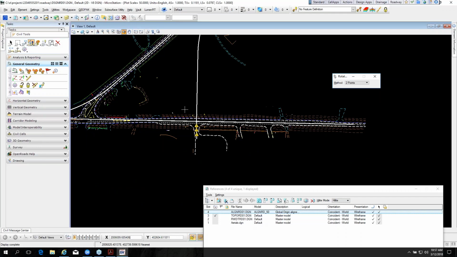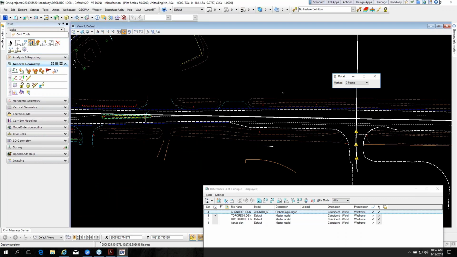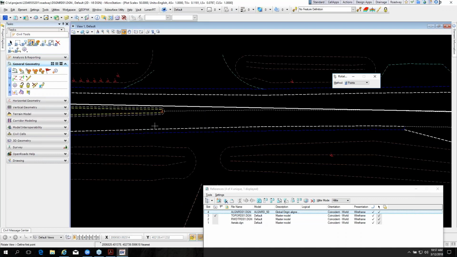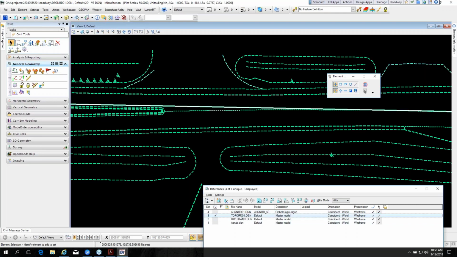So in this one, what we want to do is merge in these edge of pavement lines, the pavement asphalt EP, and change those to pavement milling. There's a couple different ways to do that. The first way the book is telling us to do is go ahead and